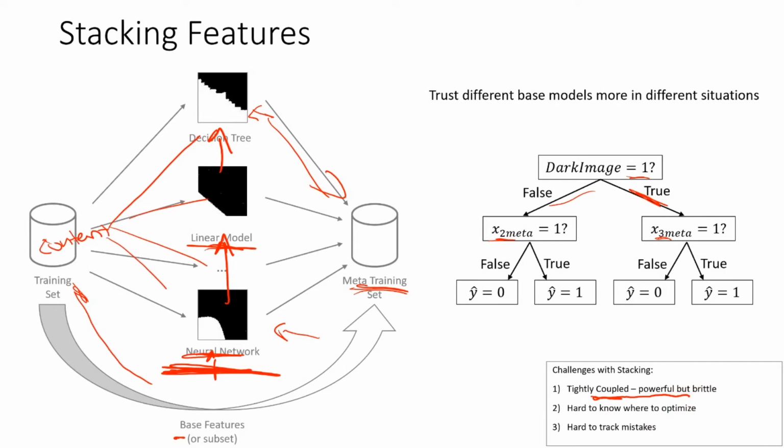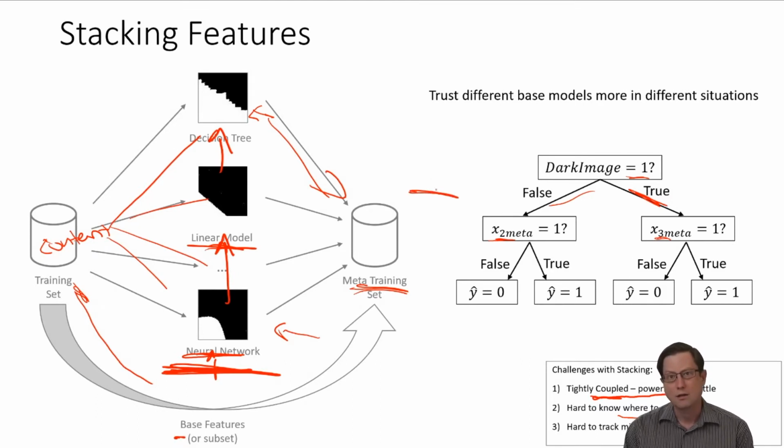Another is that it is hard to know where to optimize, because you have a meta sample and it's wrong. What do you do? Who do you call? Do you say, well, that one's wrong because my decision tree didn't get it right? Well, maybe, or maybe it's wrong because the linear model was totally confused by something. So if you're going through this loop of feature engineering, hyperparameter tuning, look at your mistakes, cycle,